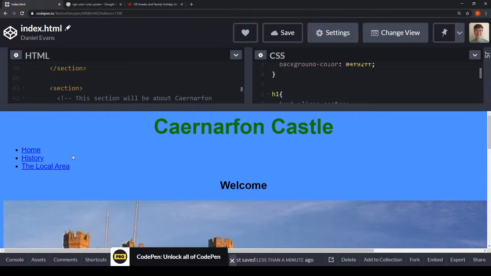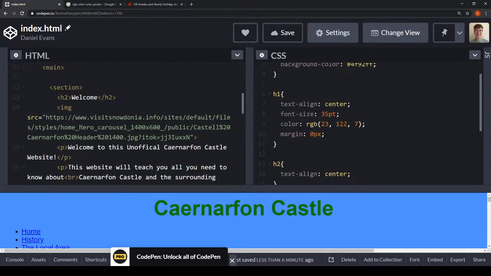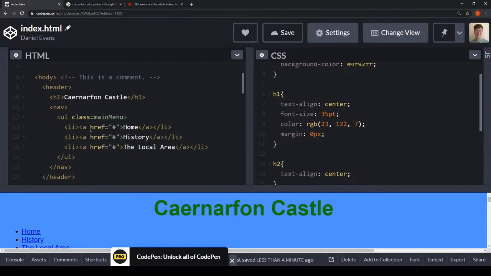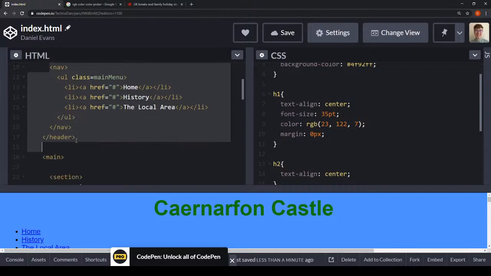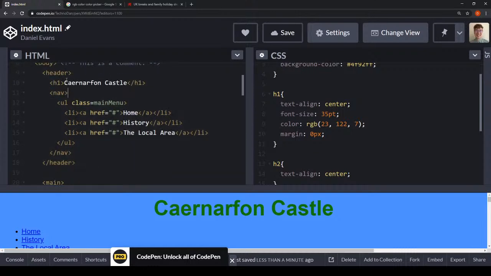How do you create a navbar? Okay, yeah, so we go through that. To create a navbar, you'll need to put it into your HTML. And what you would need to do, you could probably see it on my screen now, is within the header of your document, so it will go at the top of the screen, you can include a list, and that list is going to contain